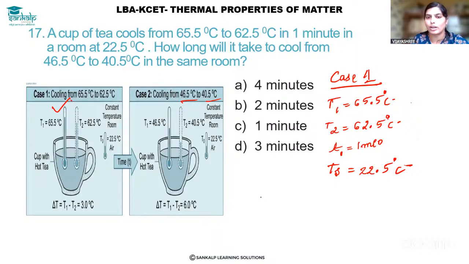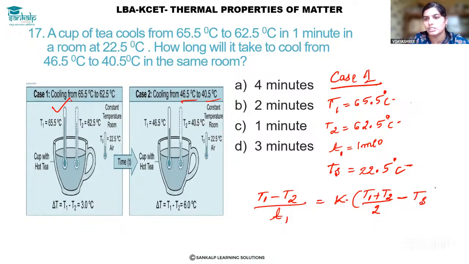So remember the formula. What is it? T1 minus T2 divided by t, which is equal to K, the cooling constant, into the average of T1 plus T2 divided by 2, minus Ts. Ts means surrounding temperature. Substitute the values: 65.5 degrees Celsius minus 62.5 degrees Celsius divided by t, which is 1 minute, equal to K into